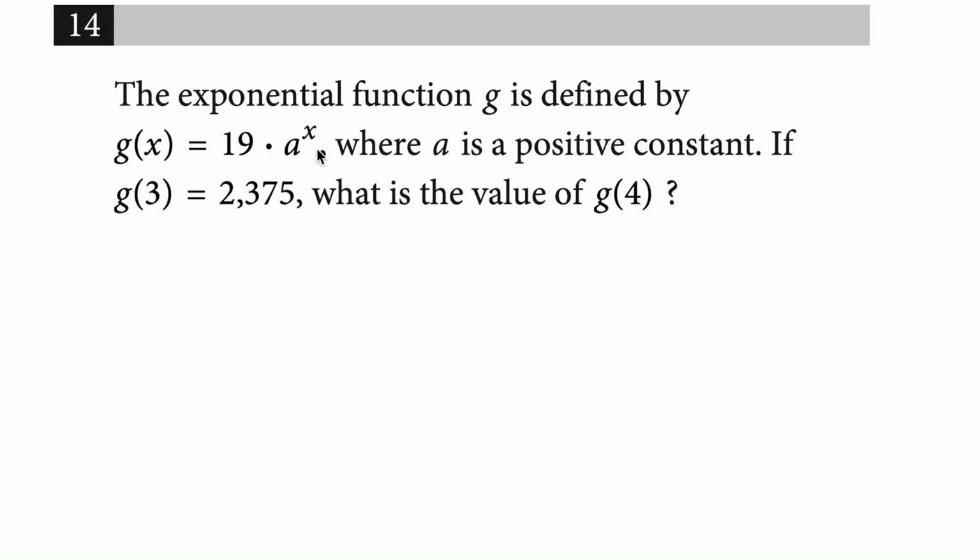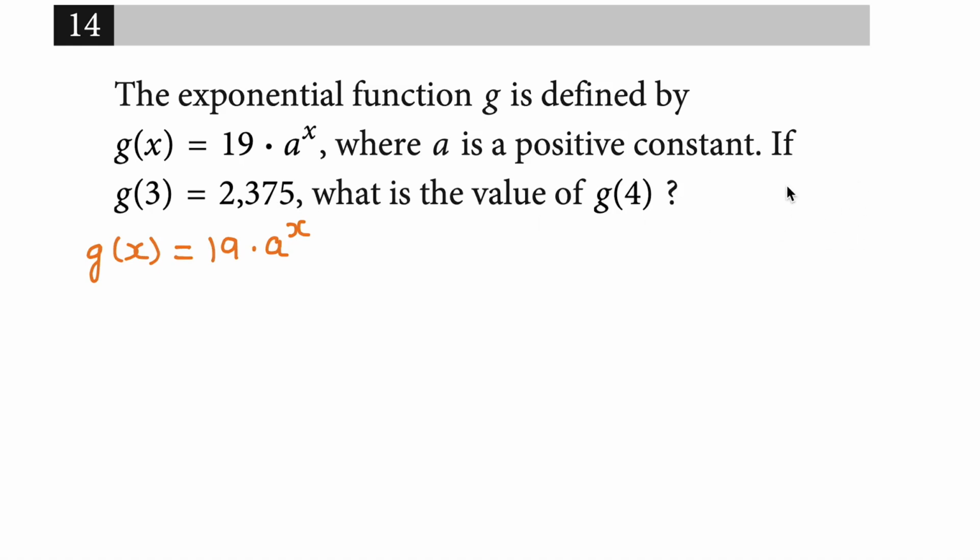Number 14. The exponential function g is defined by g of x is equal to 19 times a to the power x. Okay, so g of x is equal to 19 into a to the power x. Fine. Where a is a positive constant. If g of 3 is equal to